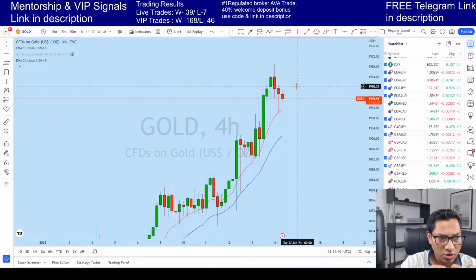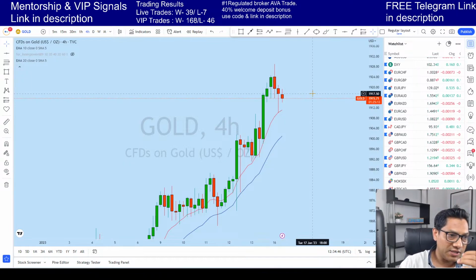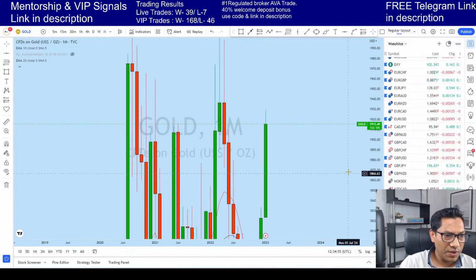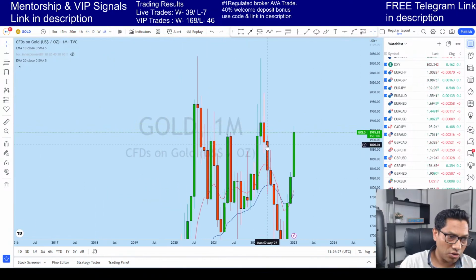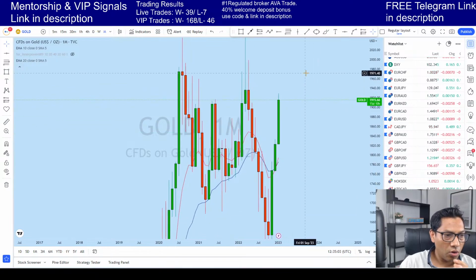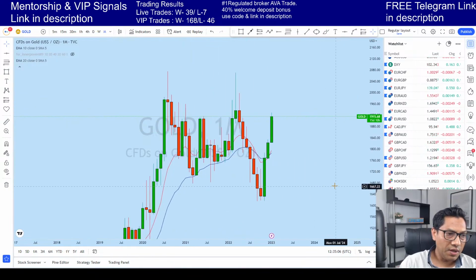So let's first look at the overall bigger picture to see what situation the market is in, and then we'll try to find out from the technical perspective which way the market might be heading. So looking at first of all the monthly time frame. Now why do we look at monthly? Because the higher time frame will give you a clear direction in the market, removing all the noise from the lower time frame.